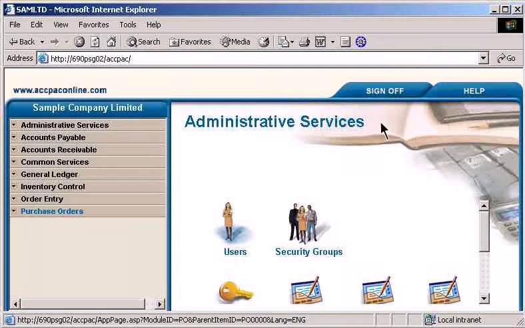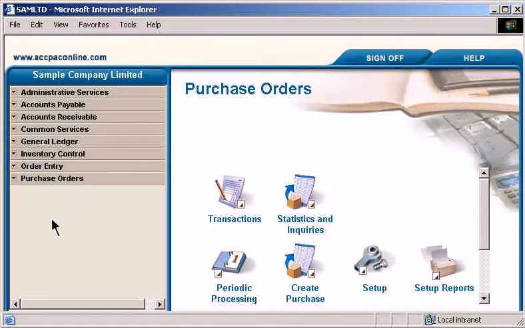Purchase Orders automates the processes of issuing and managing purchase orders and receiving inventory items. With Accpac Advantage Series, you have the option to use Purchase Orders as a standalone module. When combined with Advantage Series Accounts Payable, Inventory Control, and Order Entry, the Purchase Orders module provides a comprehensive, fully